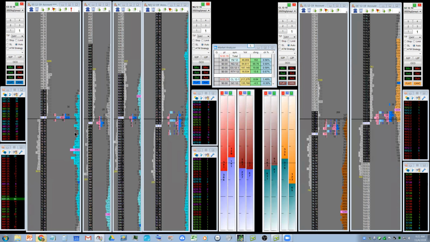Anytime you have an area like this with very little in the middle, just expect it to move through there quickly. So if we're going down, it's probably going to go through there, and if we're going up, it's probably going to go through there. Other than that, I'm not going to pay much attention to the low volume nodes. Up here I will, because that becomes more important, but in the middle, no.